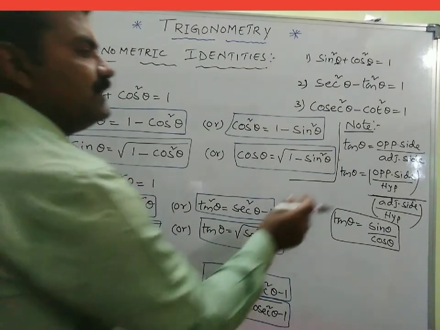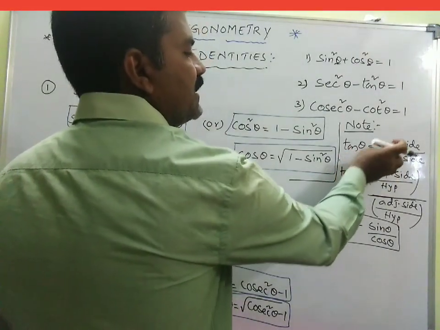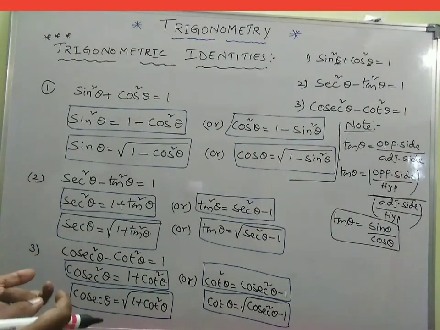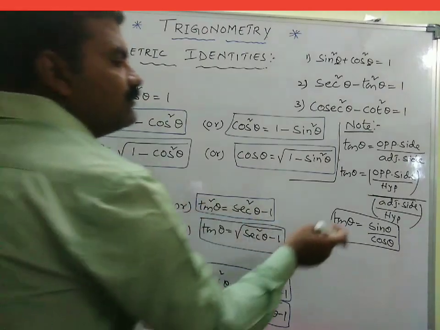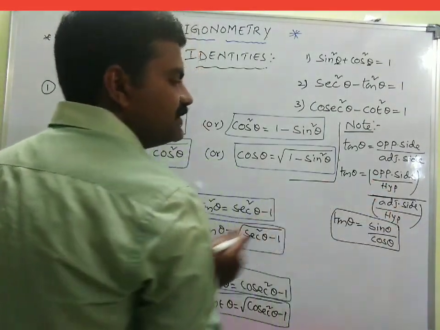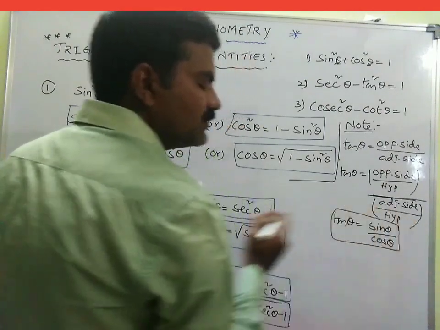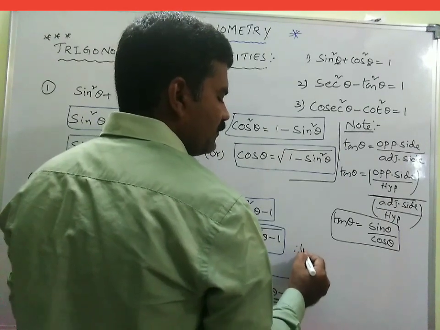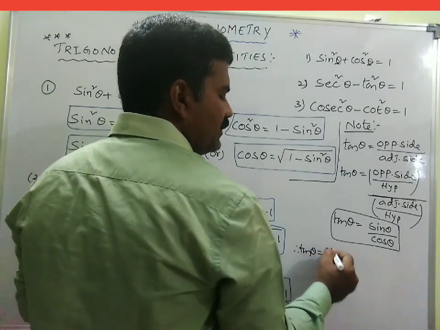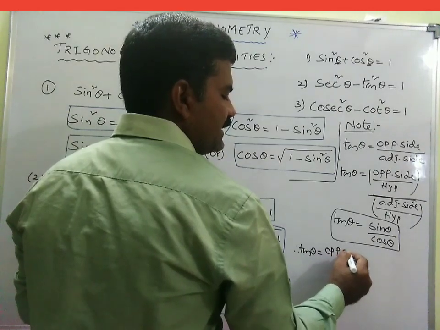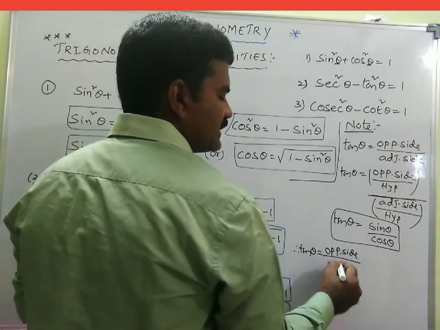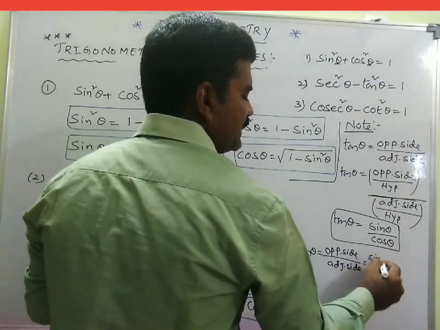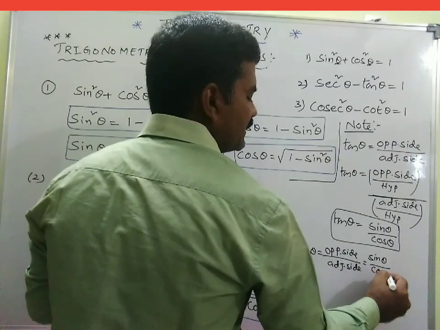So basically the definition is nothing but tan theta is the ratio between opposite side by adjacent side of an angle theta. Now the same formula, after dividing by the hypotenuse, we got tan theta is equal to sin theta by cos theta. So once look at how we can write tan theta. Formula number 1 is nothing but opposite side by adjacent side. Isn't it? And this we can also write as sin theta by cos theta.